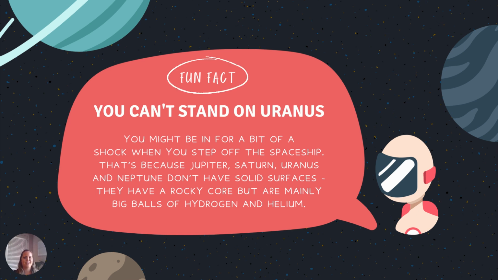That's because Jupiter, Saturn, Uranus, and Neptune don't have solid surfaces. They are mostly made up of hydrogen and helium, so they are gas giants. Our Jovian planets are considered gas giants, which is why they're so far out from the sun. With gravity, most of the mass of the solar system is at the sun, so all the heavy stuff gets closer to the center near the sun, and everything lighter goes out, which is why these have low density as well. So they're all made up of gas.